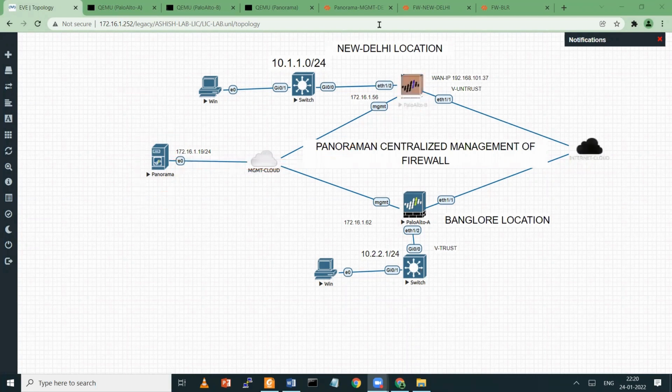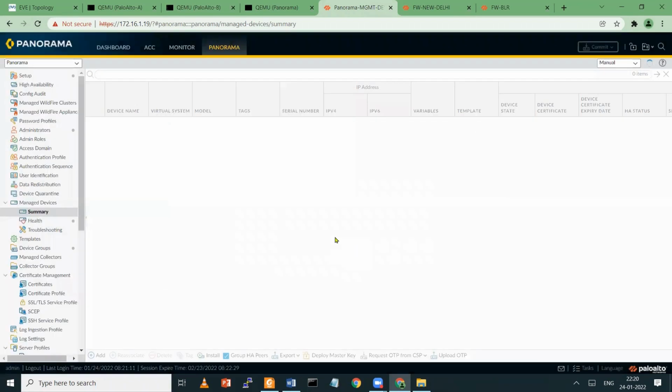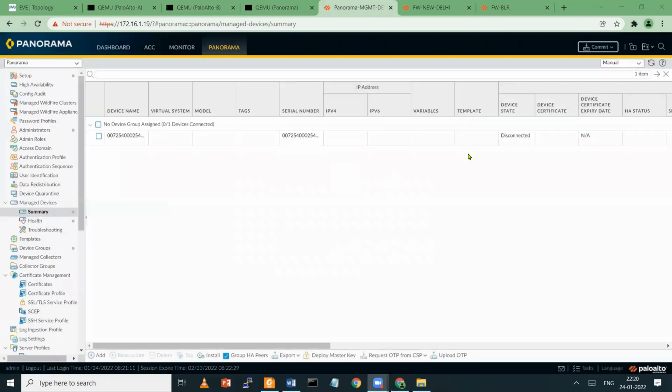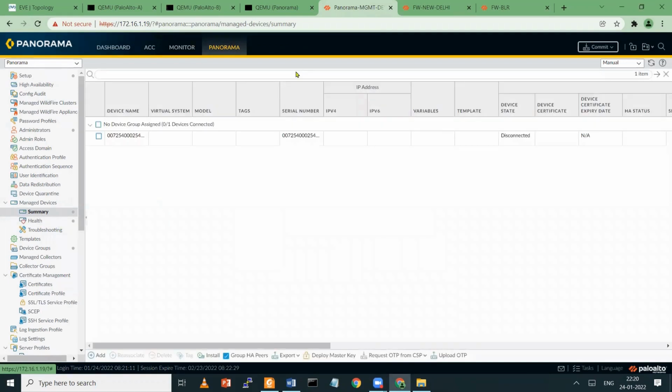So guys, once you add the serial number here in Panorama, you just need to select the serial number and say okay. If it's all good, you get your firewall here. See, device state says disconnected as of now. But after certain time, we check the status, it says connected.